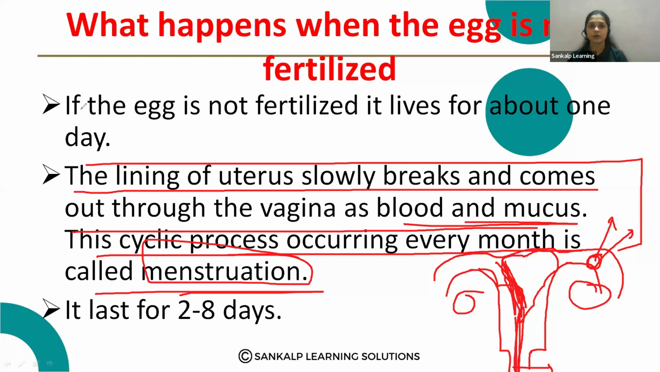Very important topic. Okay, so they may ask the question like this: what happens when the egg is not fertilized? When the egg is not fertilized, then you have to explain this concept. And what is menstruation? That is also a 1 mark question. Okay, so